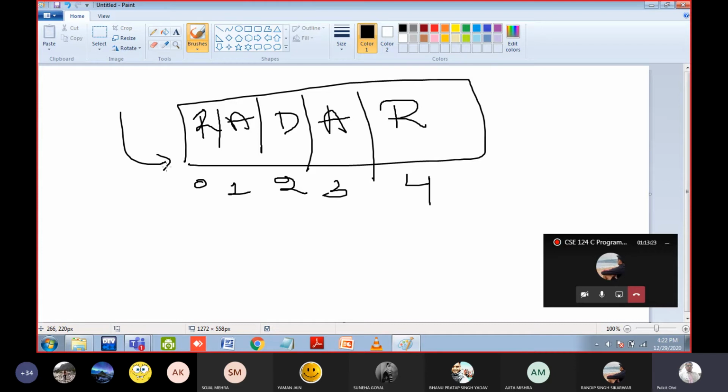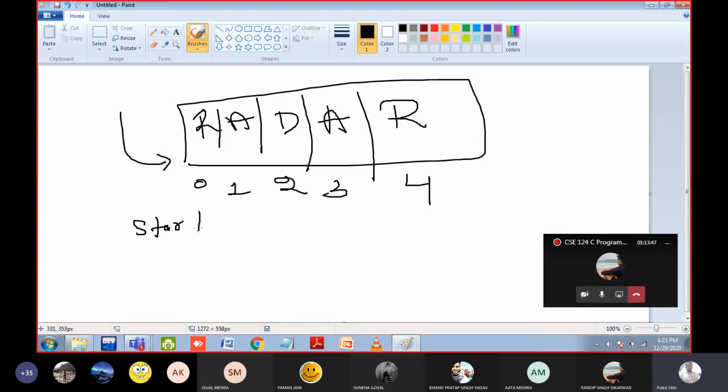So here you will create an array and you will input the word from the user and store it inside the array. The code of this program and the code of reversing the array is 90 to 95% same. You will take two integer variables, start and end.